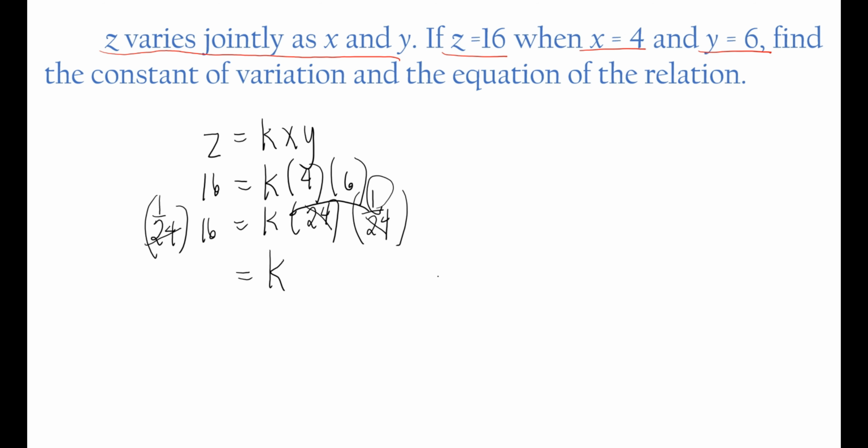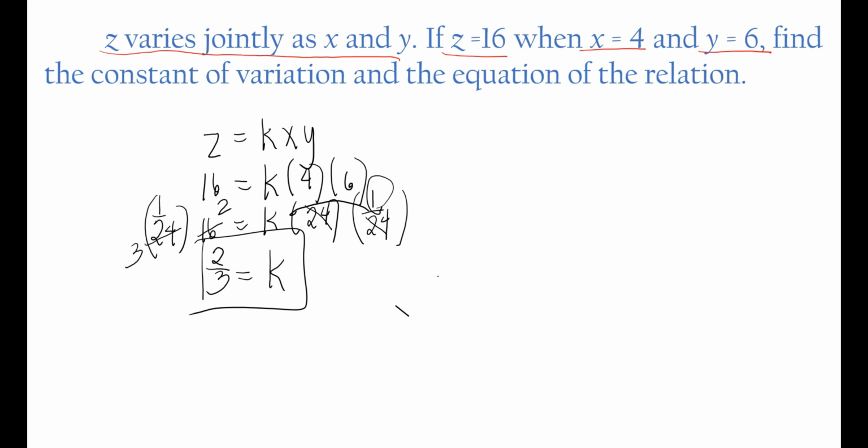We may cancel this out to 3, and this 1 to 2. So this will be transformed into its lowest term, 2/3. K will be equal to